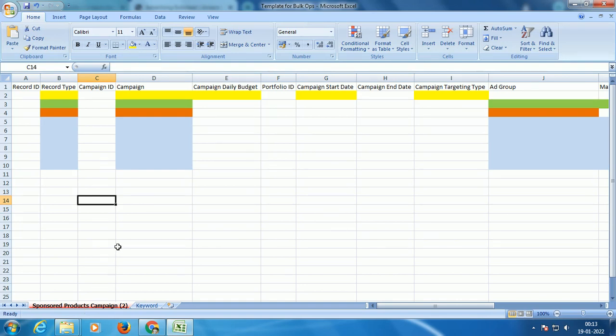So in today's session, we are going to focus on creating manual keyword campaigns. I removed all other sheets. We are just going to focus on sponsored product campaigns. Now, before creating campaigns here,